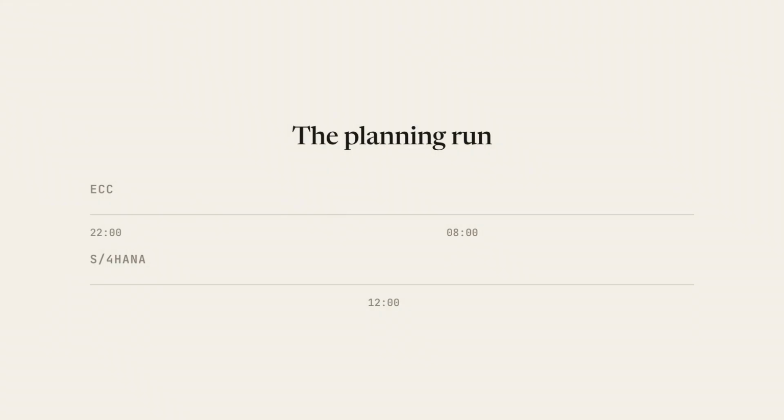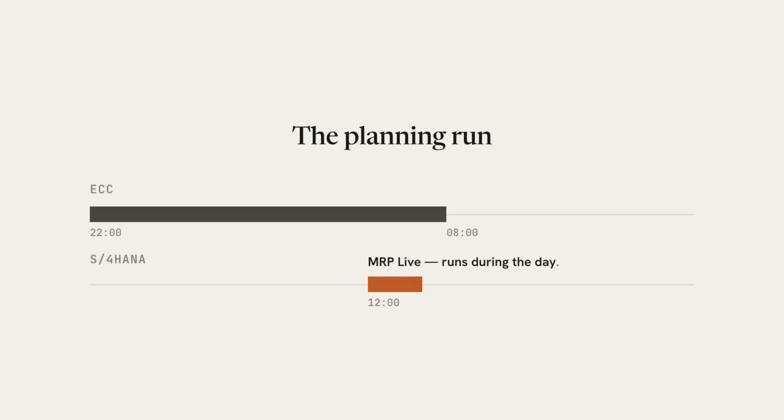Last one, and it's the best example of what the new database buys you in daily work. Manufacturing companies live on something called MRP, Material Requirements Planning. In one sentence, the system checks everything you need to build, checks everything you have, and creates orders for whatever is missing. In ECC, that check ran overnight. You scheduled it for 10 in the evening, it chewed through the whole plant for hours, and planners got their answers the next morning. Something urgent changed at 9 a.m.? See you tomorrow. In S/4HANA, there's a new version of that run, MRP Live, built to run inside the database. And it's fast enough to run during the day.